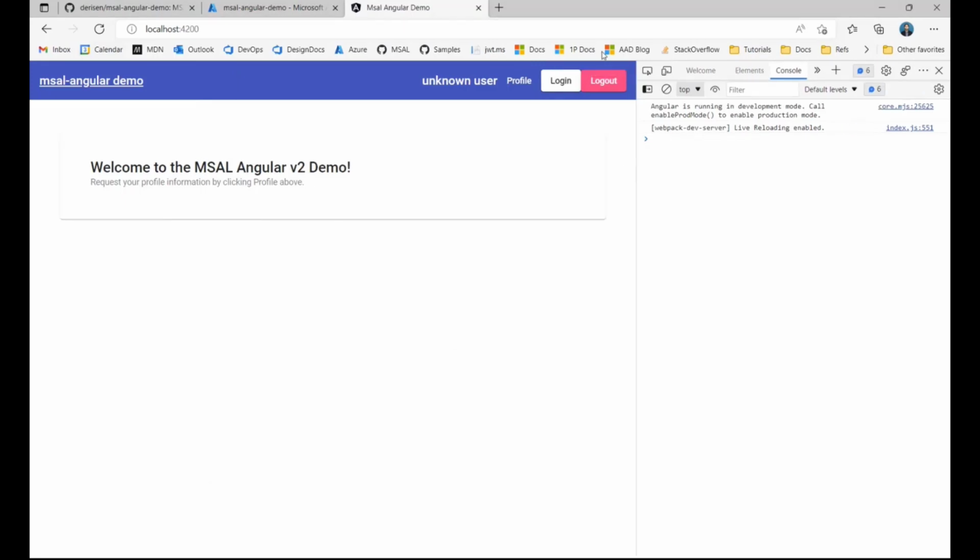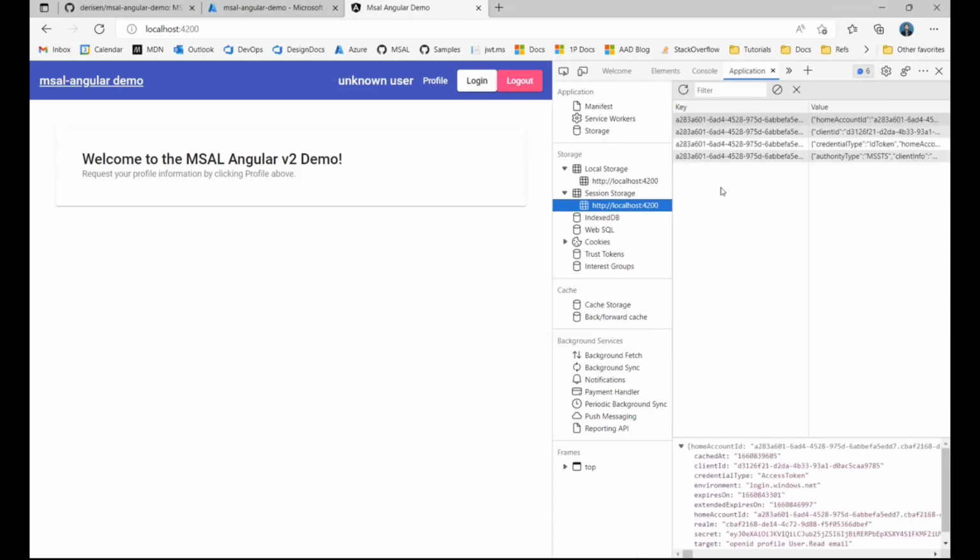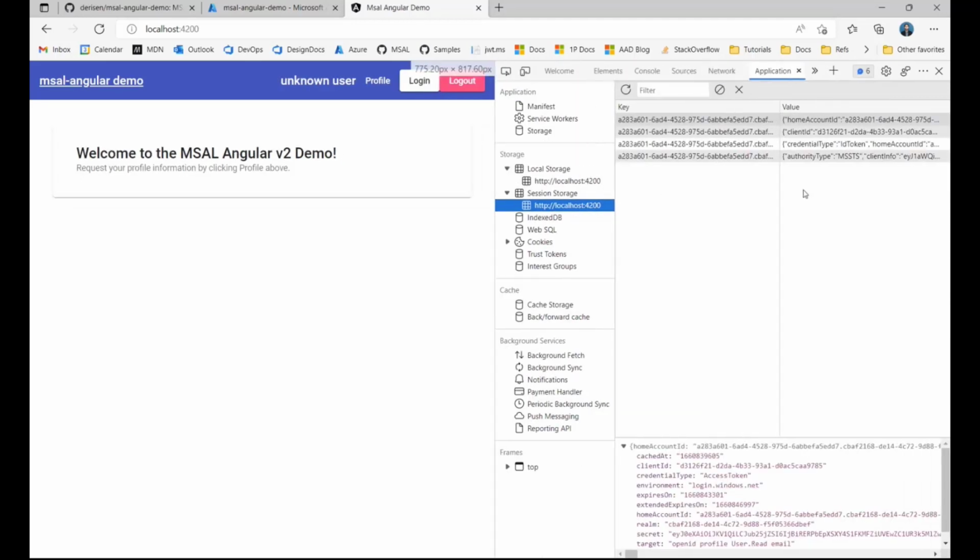Of course, there's nothing on my UI. There's no indication, and we'll come to fix that. But I know I'm signed in because I can see that MSAL has stored the result from my sign-in operation. Now, what are these? These are your tokens and some other relevant information, and we'll come to discuss that in more detail. But let's first take a moment to show the redirect flow.